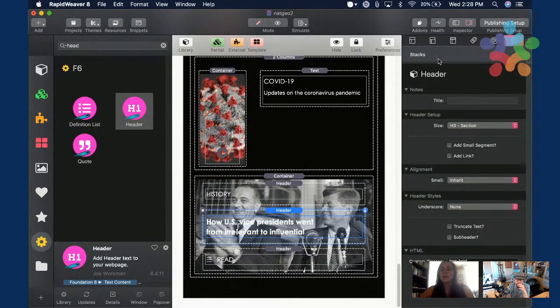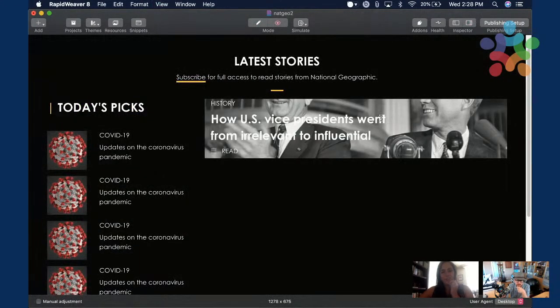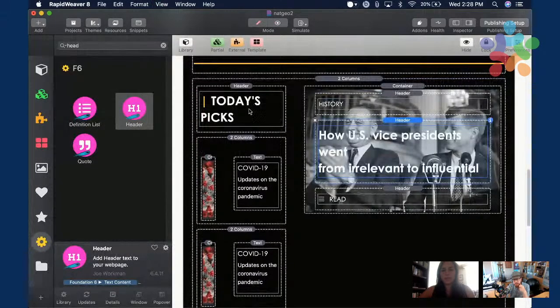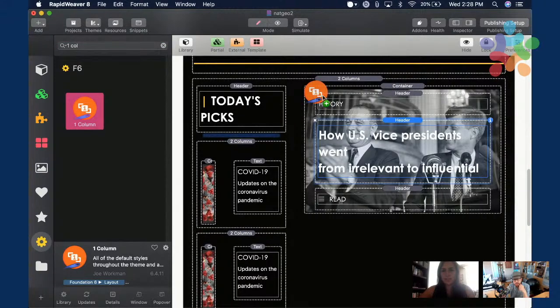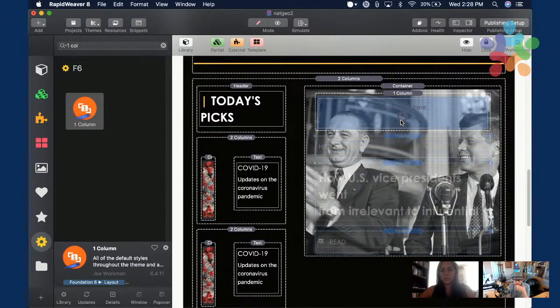There you go. So right now it will only occupy the height of the content. And what I'm going to do to give it a different height is I'm going to use a 1-column stack. Is that okay, Joe? Yep. And drop all of these inside the 1 column.